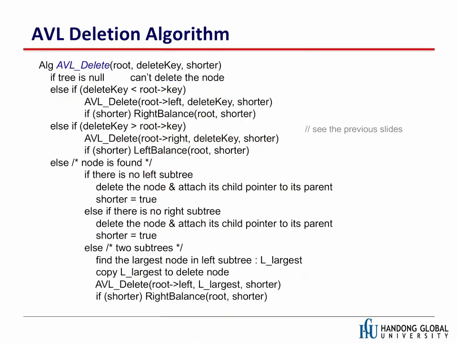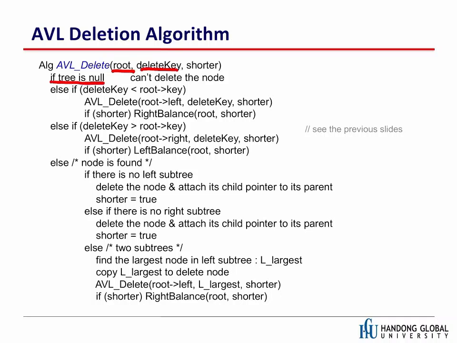So let's implement. Actually, this is still an algorithm, but it's close to the implementations. So let's delete one node. We pass a pointer and we pass the key, and we have to find out where the key is. First we have to search, and then we have to delete that, and then if it breaks the constraint,